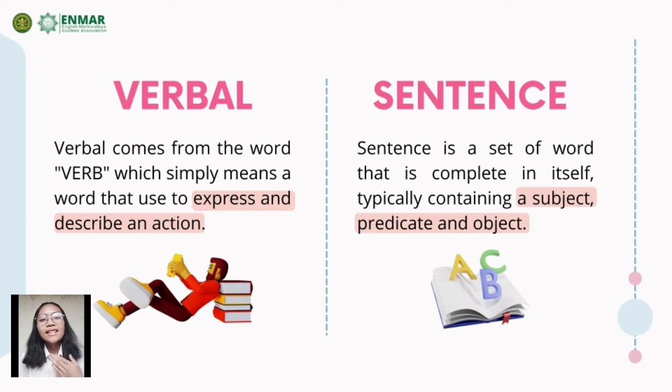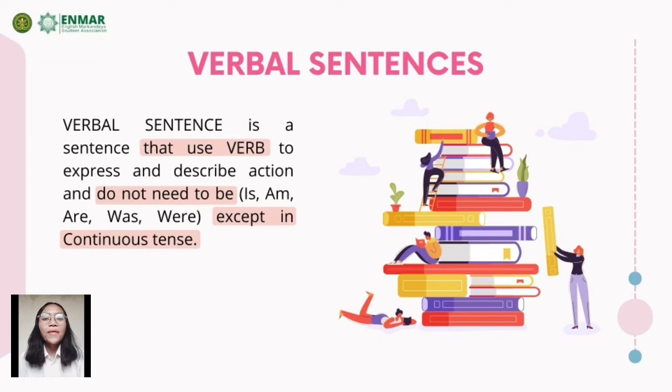A sentence is a set of words that is complete in itself, typically containing a subject, predicate, and object. So a verbal sentence is a sentence that uses a verb to express and describe action and does not need to be,